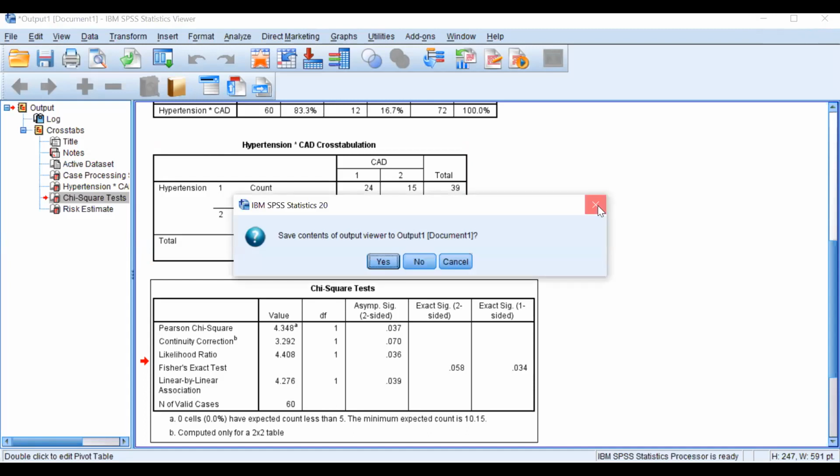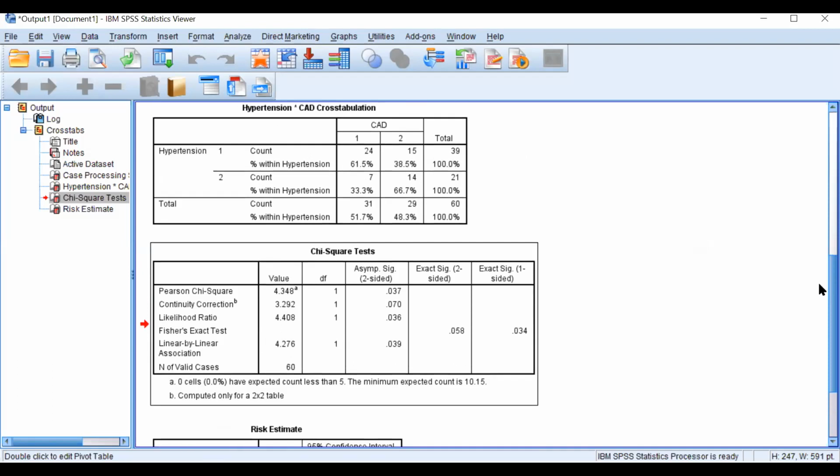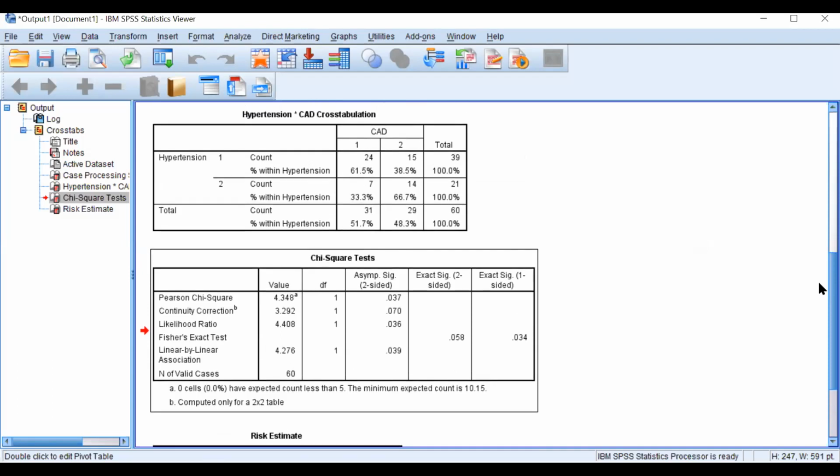So here I hope you understood how to check for the association. If the responses in the variables are more than 2, meaning apart from yes and no or present and absent, we are having more than 2 responses, for example ordinal data, suppose there are 4 categories or 5 categories, in that case what test would we be using to see the association? If you have more than 2 categories also, you can use chi-square.